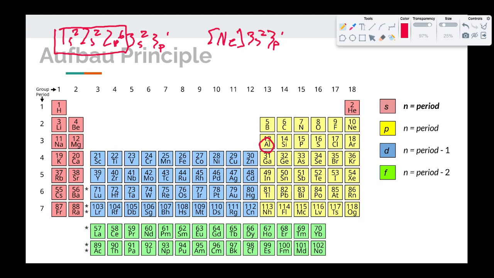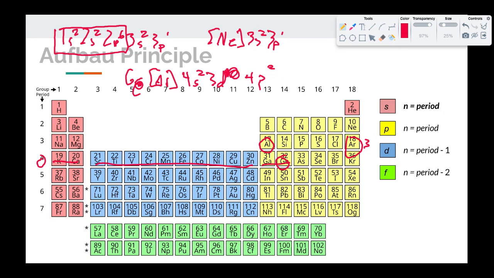Now let's do germanium next. So you go up and over to the right. We say that argon is the previous noble gas. So for germanium, we're going to start out with argon in square brackets. That's period 3. So then we're going to start our actual notation at period 4. We're going to go through the 4s first, 4s2, then the 3d, all 10 of them, and then 4p, 2 spaces. That 3d should be a 10. My pen didn't pick that up.